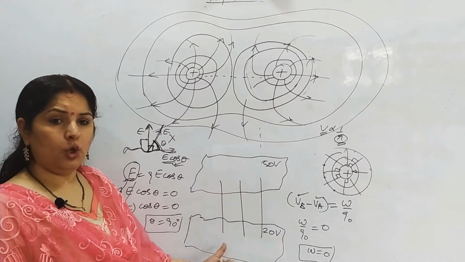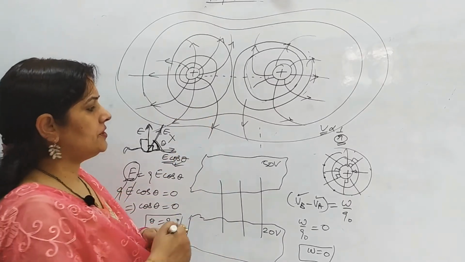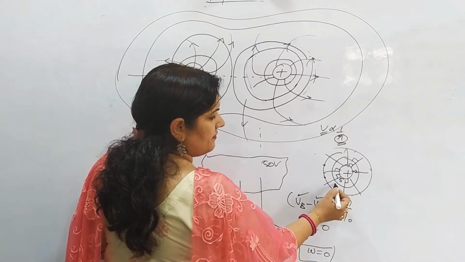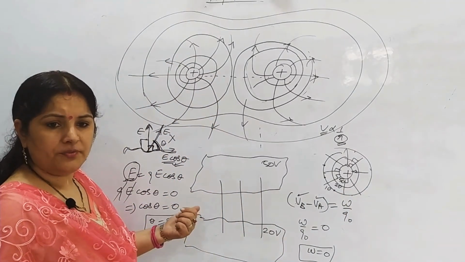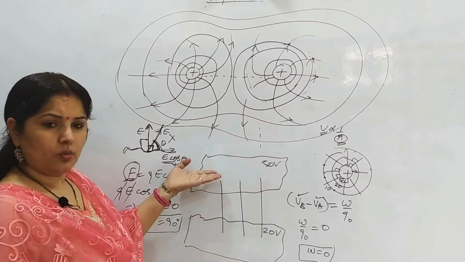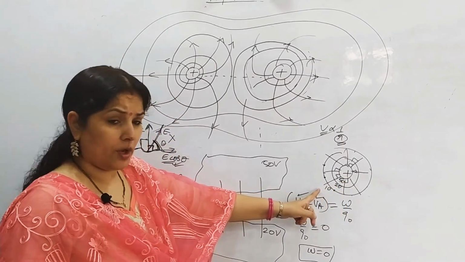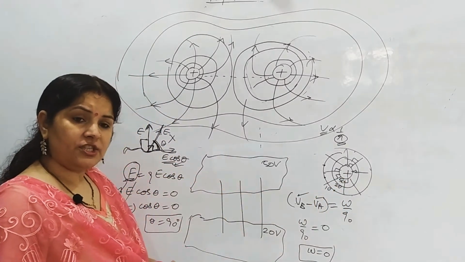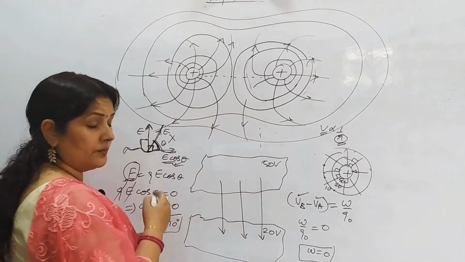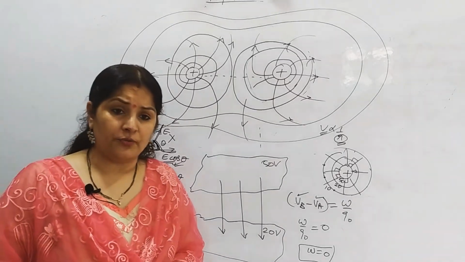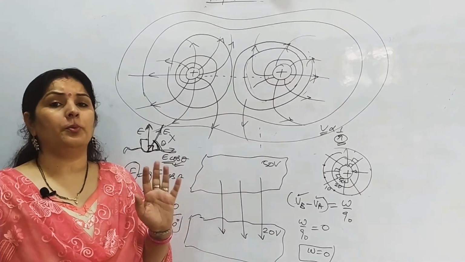Higher potential, lower potential. Higher potential, पहले वाले का 50, दूसरे वाले का 20, तीसरे वाले का 10. Now tell me the direction of the electric field, whether it is upward or downward. Electric field lines move from higher potential to lower potential, so the direction should be downward, correct? So the direction of electric field will be downward. So if you know the equipotential surface, you can find the electric field. If you know the electric field, you can find the equipotential surface.